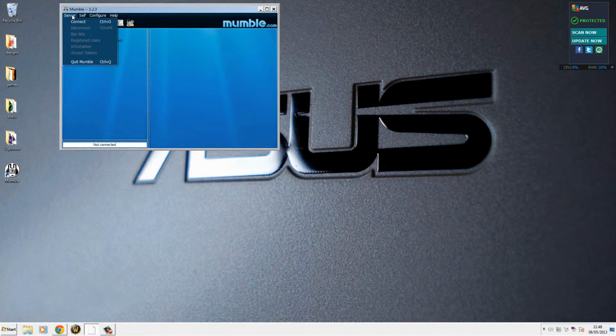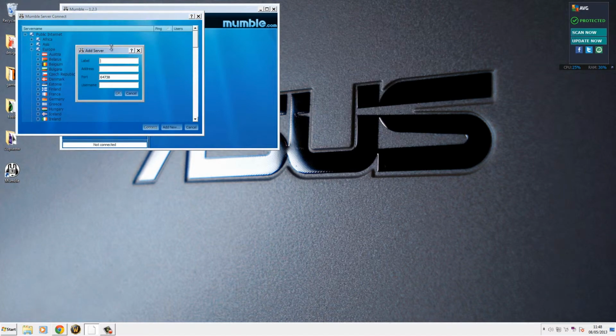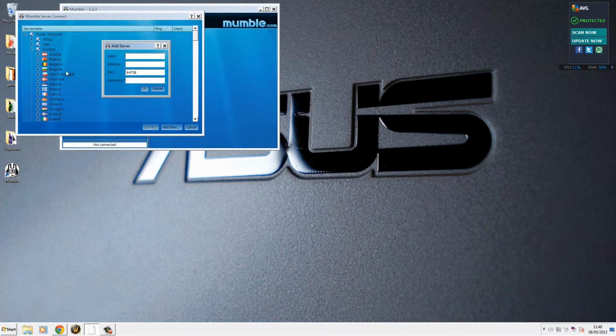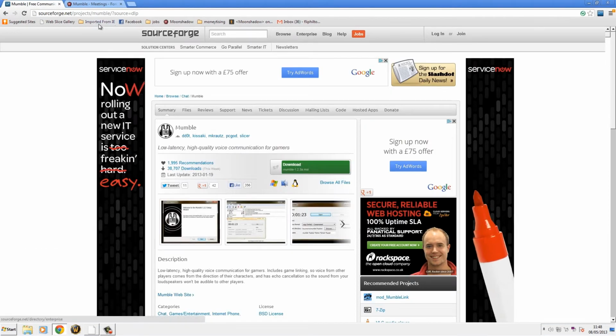So now to connect to a server. So server, connect. As I see, it's got Moonshadow there. So what I'll do is I'll see if I can delete that. Can I delete Moonshadow? Remove from favorite. Connect. Add new. Right. So you can browse through the public ones, which is a bad idea because it's probably just full of people shouting all random stuff. So I'm going to go through my guild's